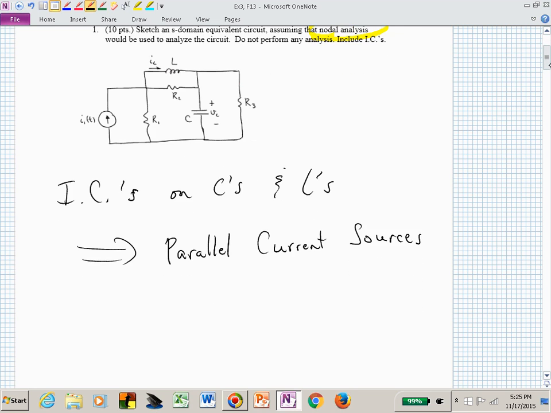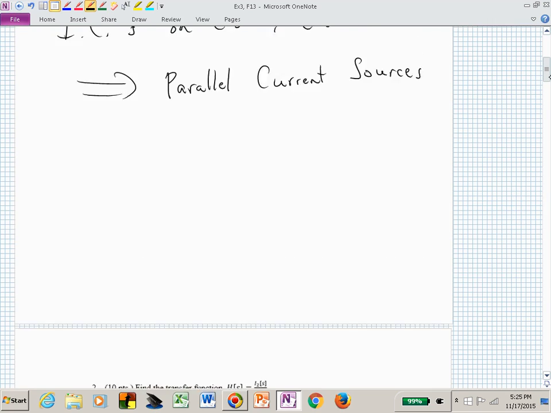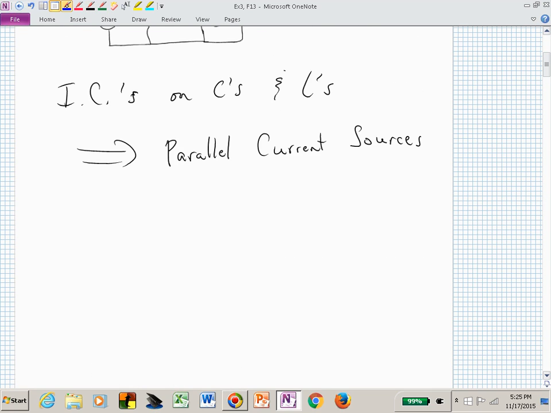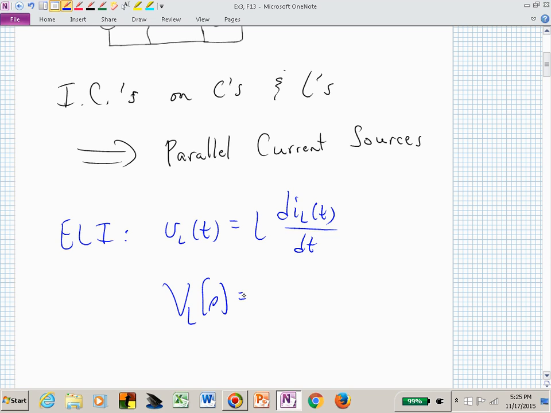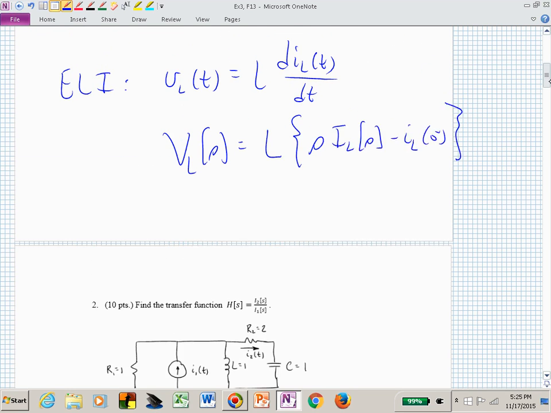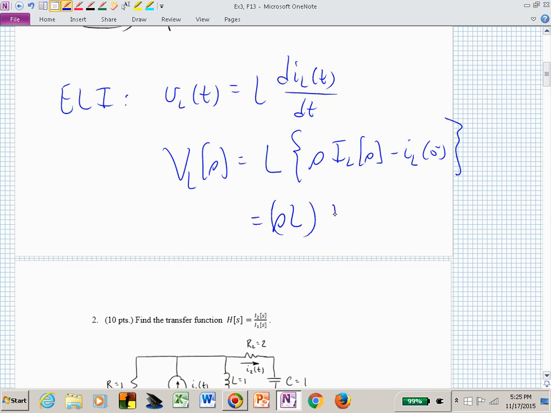Could I quickly? No, probably not, because I would have to rederive it. So I go back as if I was in an interview, and I would say, let me do this for the inductor, which is ELI, and that says that v_L(t) is L di_L/dt. I would Laplace transform that, and you could put all of this, not the derivation, but the result, on your cheat sheet. I now have L times s I_L(s) minus I_L(0-). And now I would say, this is an impedance piece,